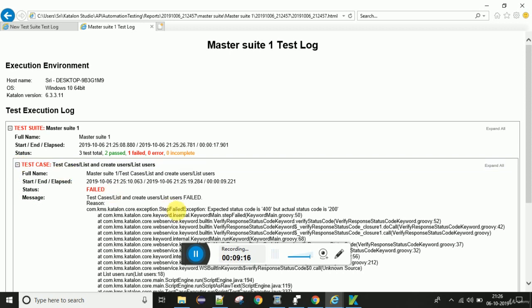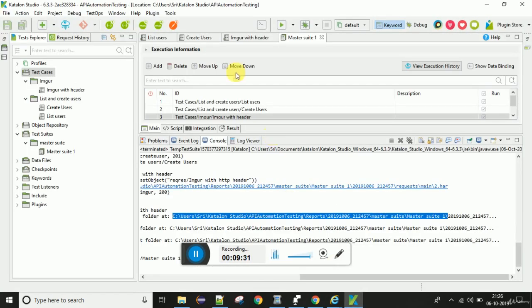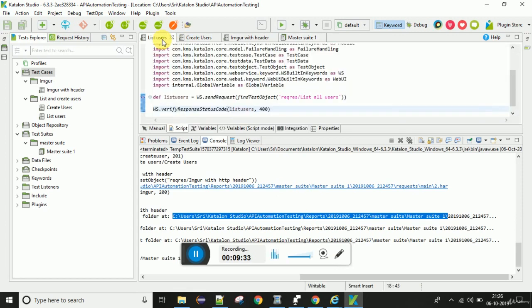In that failure we will see an error message like expected status code is 400 but the actual status code is 200. This is how we create and analyze reports in our Katalon Studio, and also this is how we create test suites and add test cases in them.